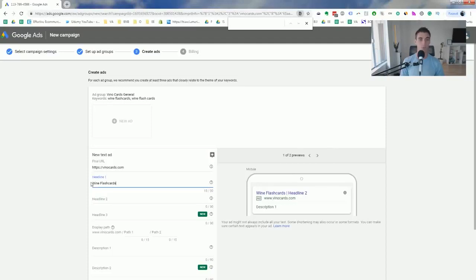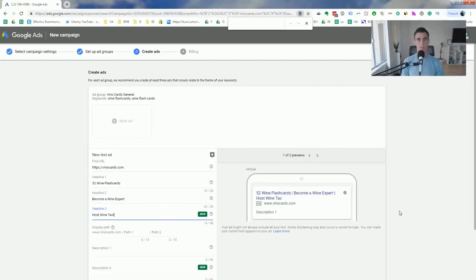And if there's a number, for instance, our product comes with 52 wine flashcards, go ahead and throw that in there because that really captures people's attention. If there's a bunch of text on the page, which there usually is on Google, some numbers will do a lot of good. So I'll put become a wine expert, and then for headline 3, host wine tastings like a pro. Now, obviously, these aren't very good, but we can do better, and I'll share some more tips later on